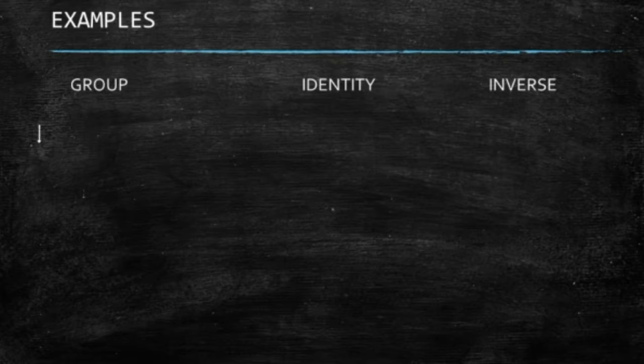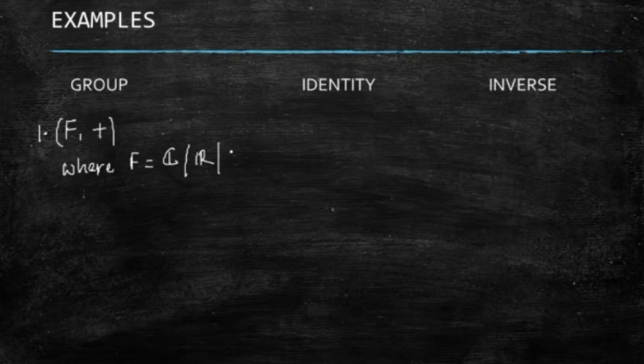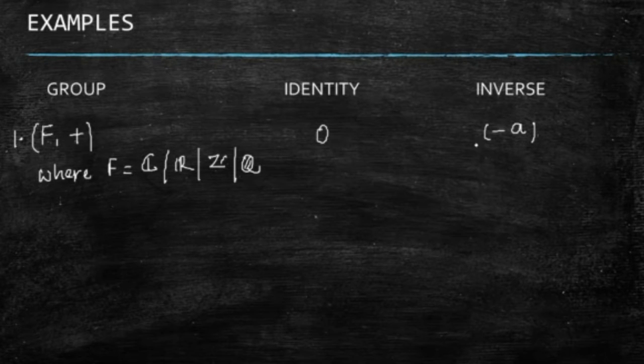So बहुत trivial से examples करते हैं first. The very first example is any set F with the operation addition, where this F can be the set of complex numbers or the set of real numbers or integers or rationals. Clearly the identity here will be 0 and the inverses will be negative numbers or additive inverse इस केस में होंगे. If you are wondering how we get to the identity and inverse, refer to the previous videos where we discussed these in great detail.